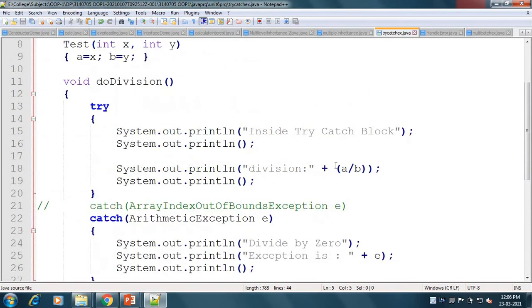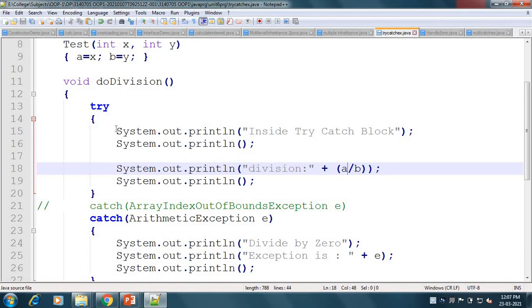So in this code, x is assigned to a, and the 0 value is assigned to b. So here in this code, division of 5 and 0. So there will be a divide by 0 condition. That divide by 0 is the exception.